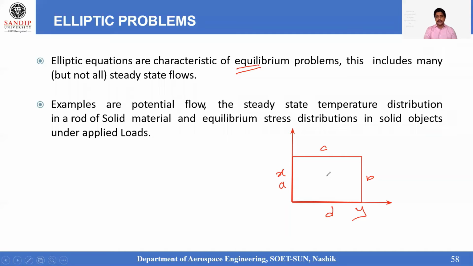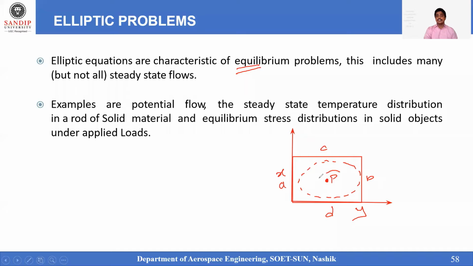Whereas the elliptical flow problems, as we have discussed in the earlier sessions for the hyperbolic or the parabolic, the point P should make contact with all the 4 sides as far as the elliptical flow problem is concerned. So in this particular case of the elliptical one, the flow distribution is in equilibrium in all the directions. That means in all the directions the flow needs to be distributed.